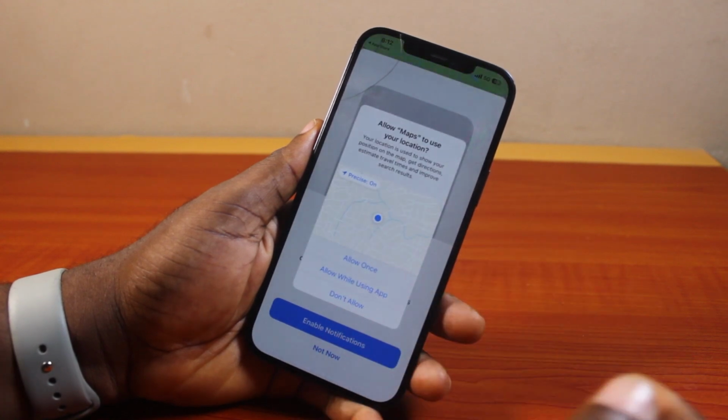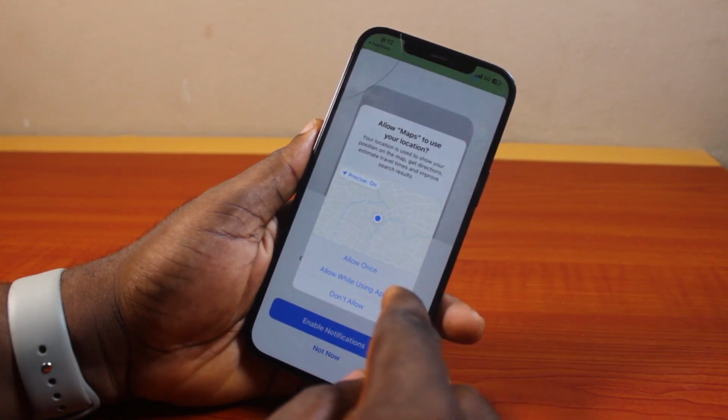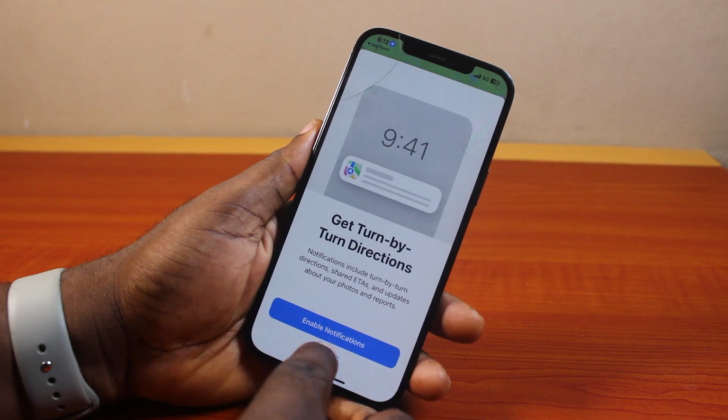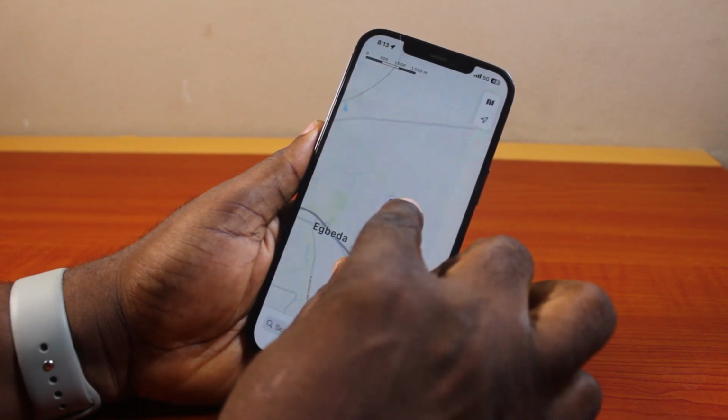Then choose from the prompt that says allow once, allow while using app, and don't allow. Then that is it. So that is basically how to install Google